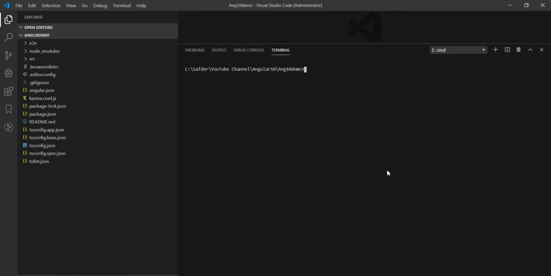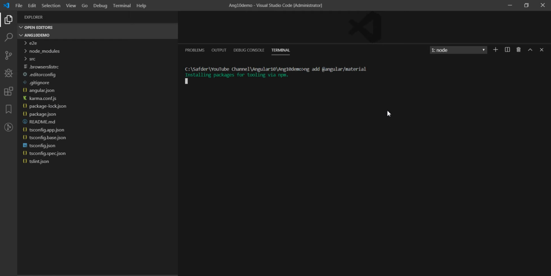Now we need to paste that command. So this command is going to add the dependency related to Angular Material 10, and we will verify the material version in the package.json file. So basically add is similar to the install command. So install will install the required package into our system, but it will not update the dependent packages.